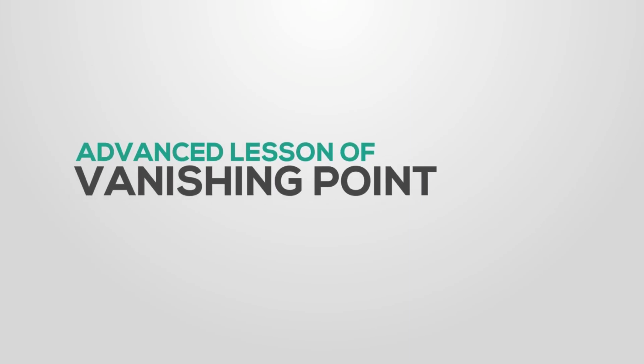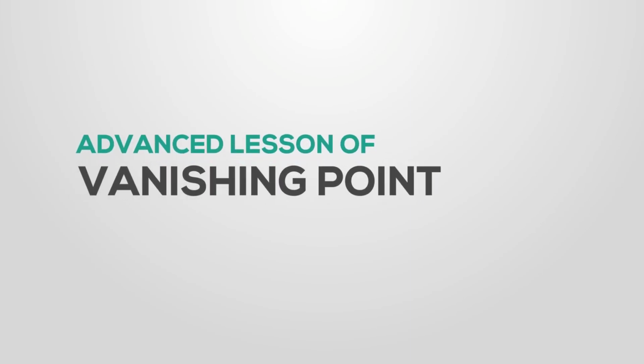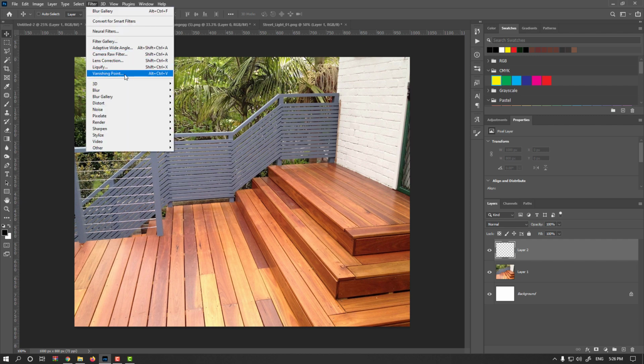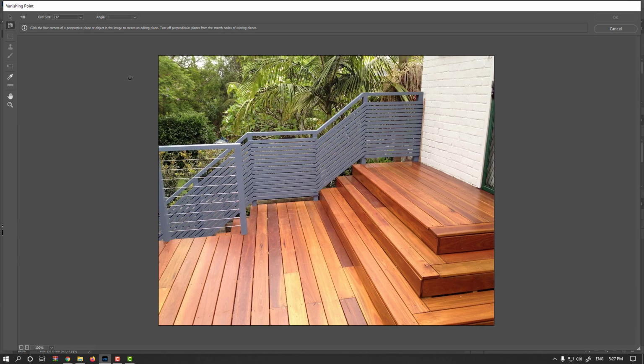In this video, I will show you how to work with Vanishing Point, but more features. If you remember, I introduced Vanishing Point in previous chapters, but let's go deeper into Vanishing Point. It is a very powerful tool. I create a new empty layer, go to Filter and Vanishing Point, and again I want to define vanishing points